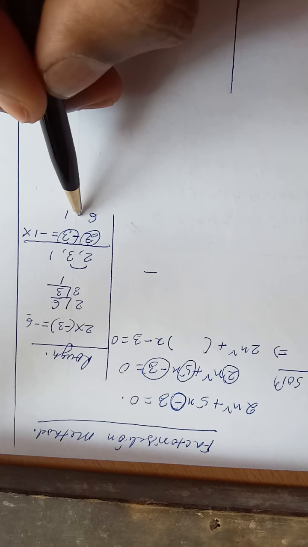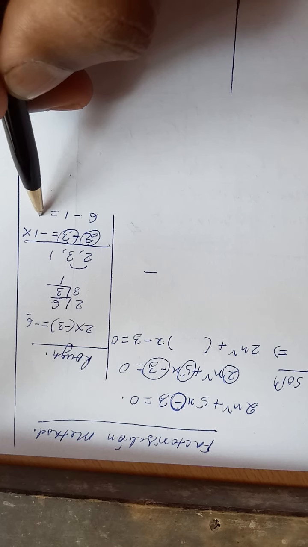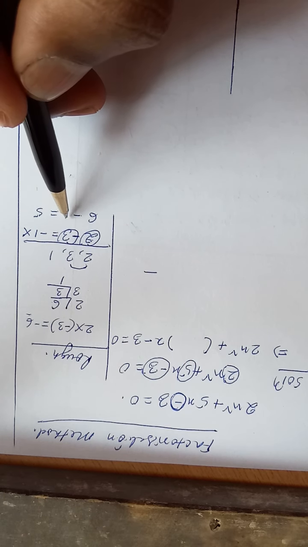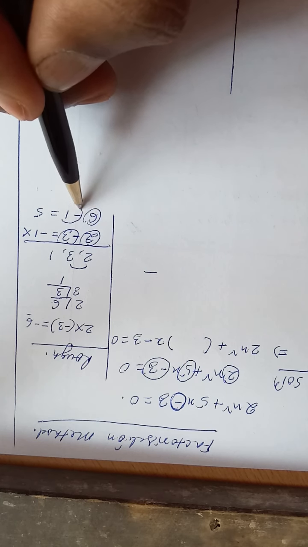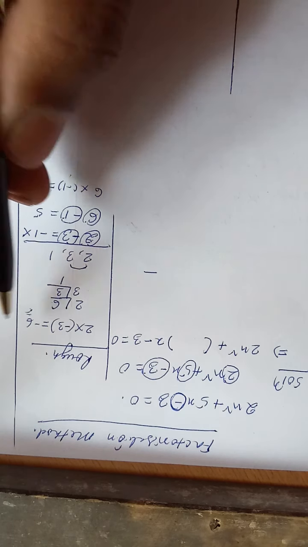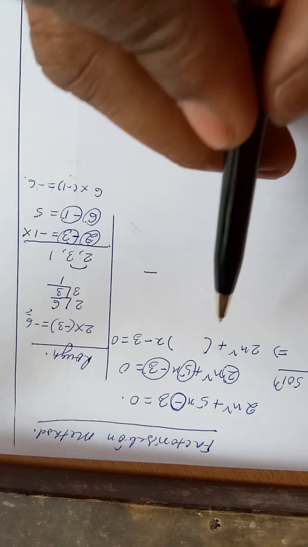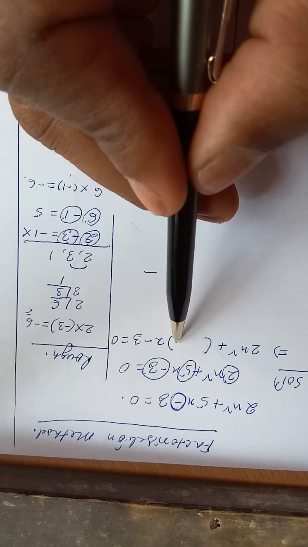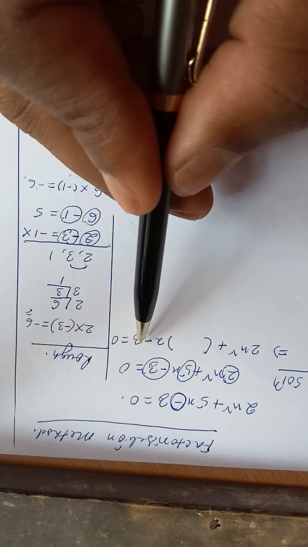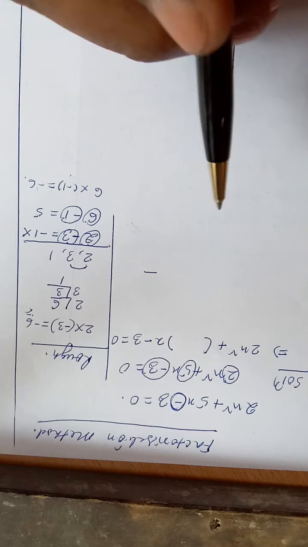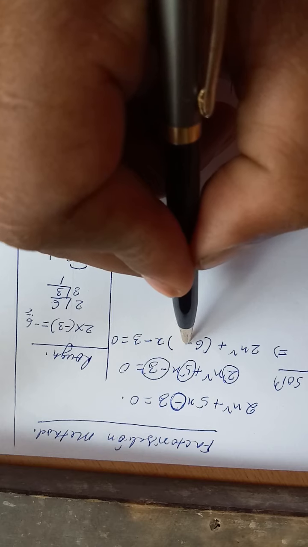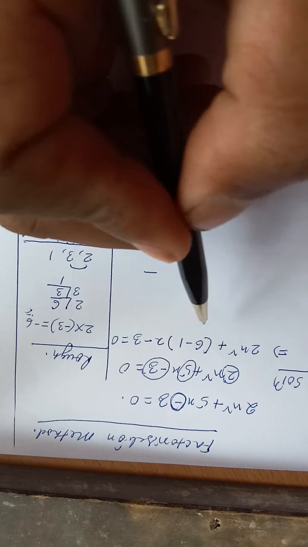Now let us find the difference of these two numbers, it is 5. Then you see, the difference of the two numbers we have got is 5, and the product of 6 and minus 1, 6 into minus 1, we have got minus 6, so both the conditions are satisfied. The sum of whatever numbers we write here should be 5 and the product of these two numbers should be minus 6, so 6 and minus 1 is suitable for this. 6 minus 1 means it is 5.